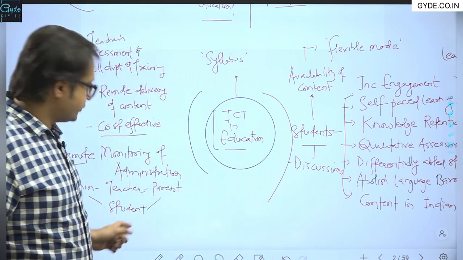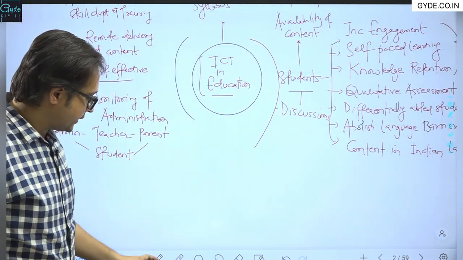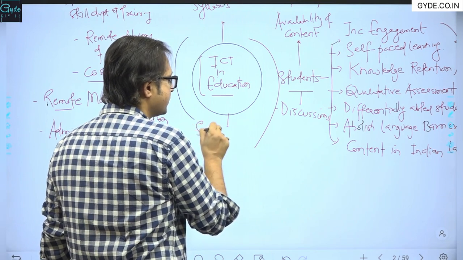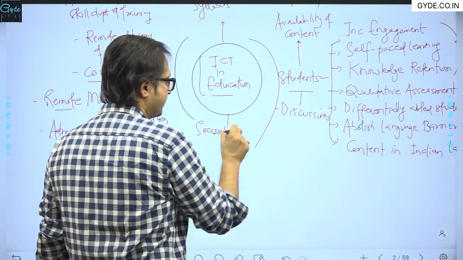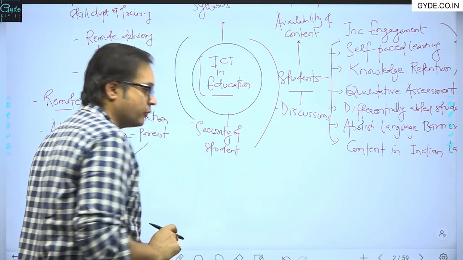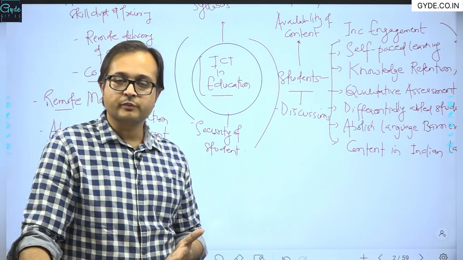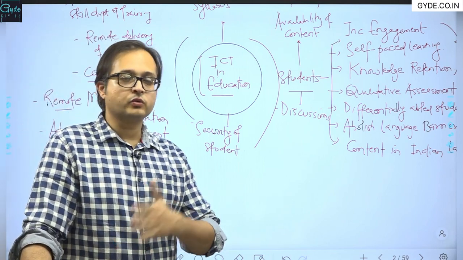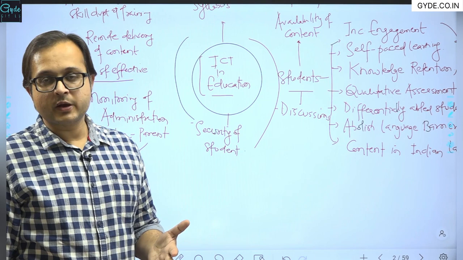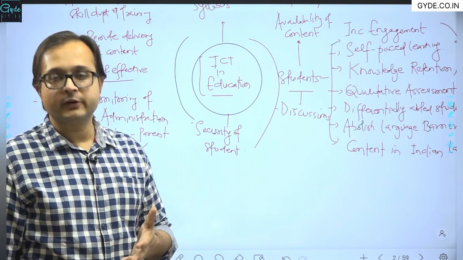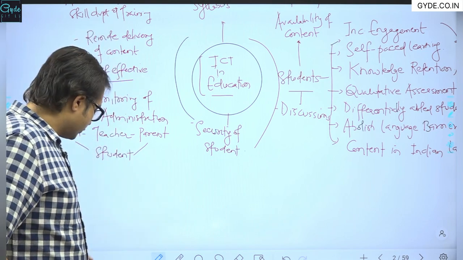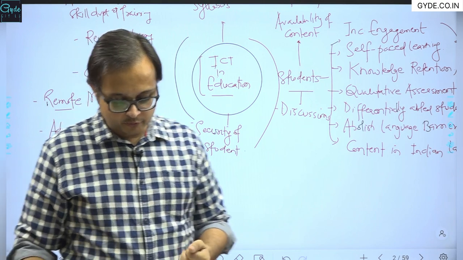With ICT systems, when students enter into the education system, their security also is a particular concern. Then with the ICT system, the physical security of the students can be ensured because they can be constantly tracked, and this becomes important for children in the primary education sector itself, right? From class 1 to class 5, their security is more important, right? Where do they travel, where do they remain in the school, what is their constant movement, this all can be tracked, and that has to be tracked so as to maintain a secure environment for the students also, right? So security of the students can also be one aspect of it, right?